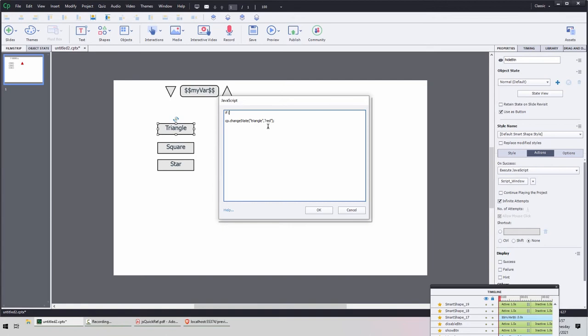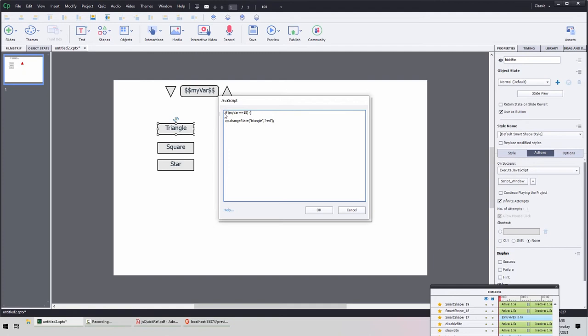If my variable is equal to, and I use two equal signs here because one equal sign is a way of assigning the variable, where we said my variable equals 0. When I want to compare to check and see if it is 0, then I use two equal signs. So if my variable is equal to 15, since we know we're going up by values of 5,